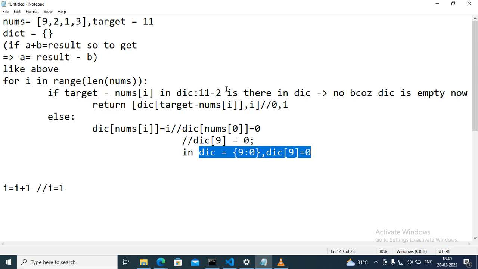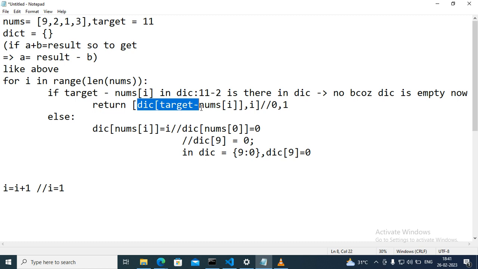So what here, 11 minus 2 is 9. Is 9 there in the dictionary? Yeah, 9 is there in the dictionary, and the value that is stored at key 9 is 0. So yeah, return dict. Now we will go to the return statement under if. This one, dict of target minus nums of i. This target is 11 minus 2, that is 9. So dict 9